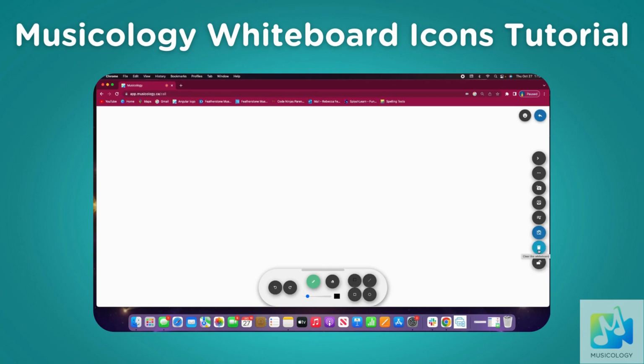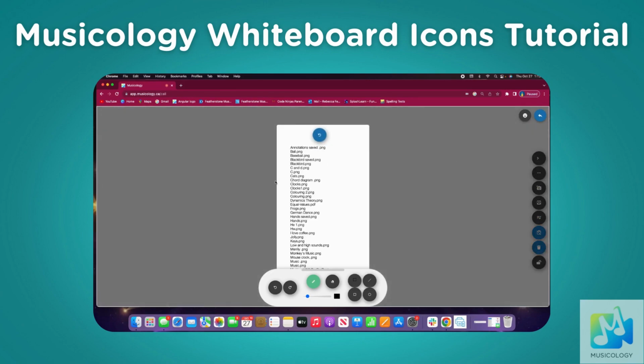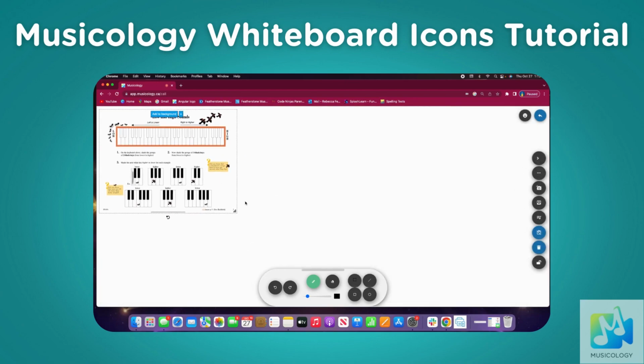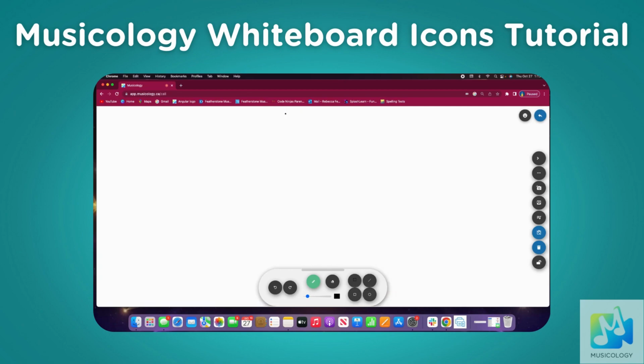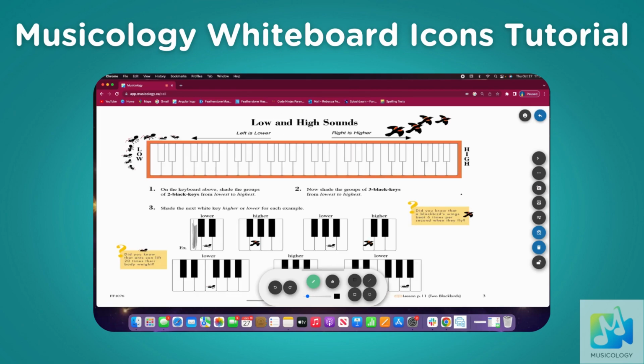Underneath of that, or on top rather, of the lock button is the clear the whiteboard. So what I'm going to do is bring up a little image here. I'm stretching it out, adding it to the background. So here is my image on the whiteboard. If I draw on this, let me use a different color so that you can see that better. If I draw on this whiteboard,